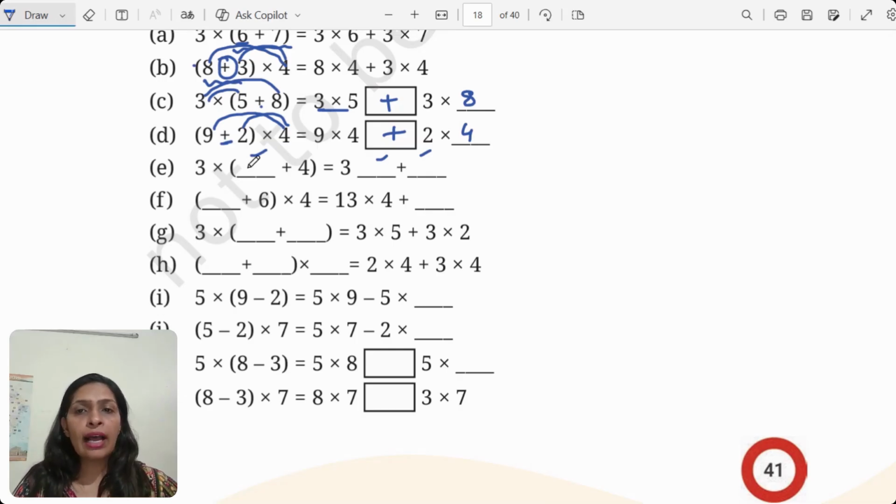I suppose you can leave it here because I do not know the number. So, what would be the second part? The second part would be 3 multiplied by 4. So, I can write here 3 multiplied by 4. But what needs to come here? It's a multiply sign, so I will put a multiply sign here. But what should I put here? Do we have any number here? The answer is no, we do not have.